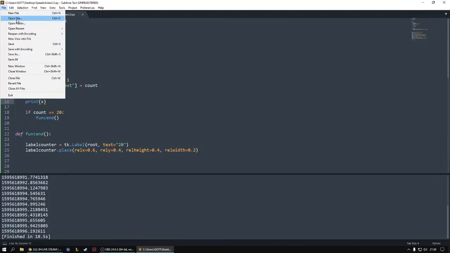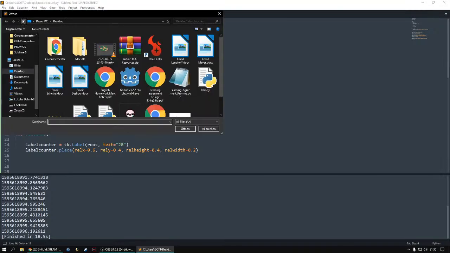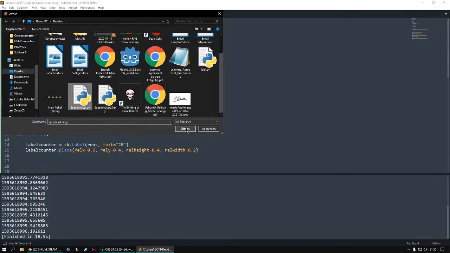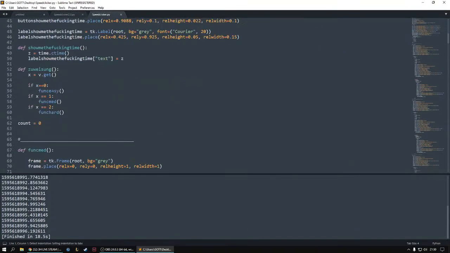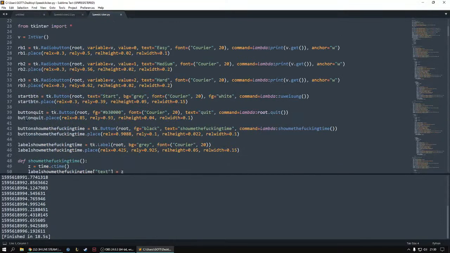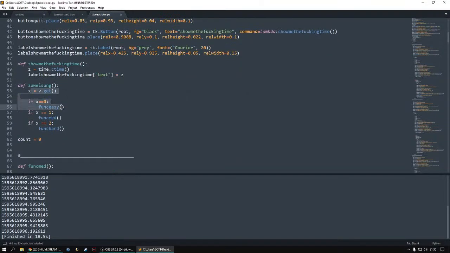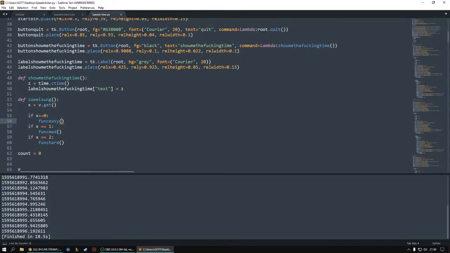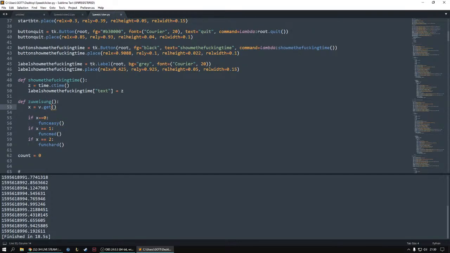I'm not sure what to do now. Let's just open my old file here. So start button, x equals